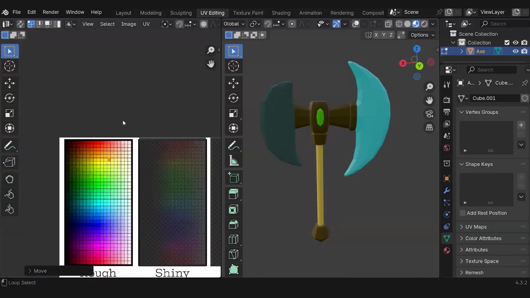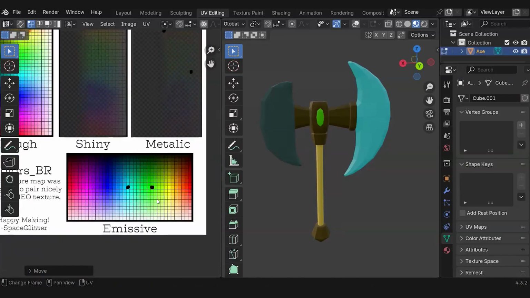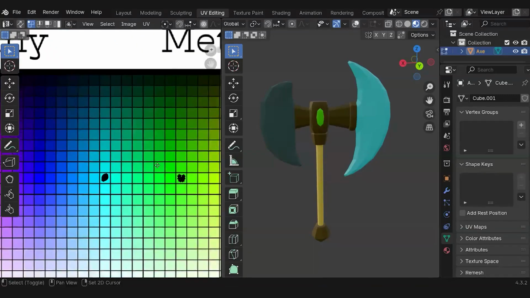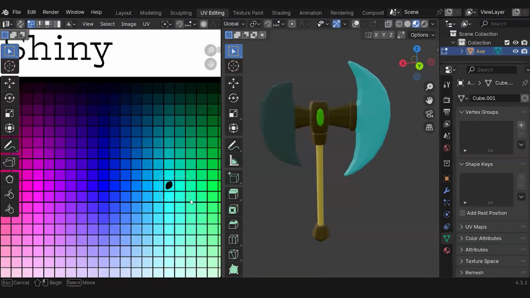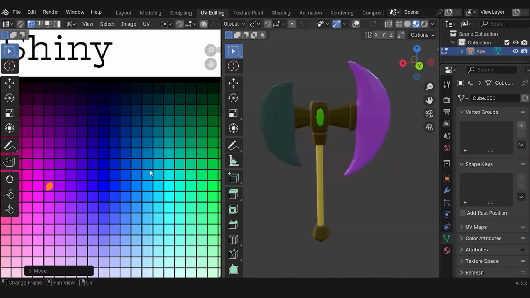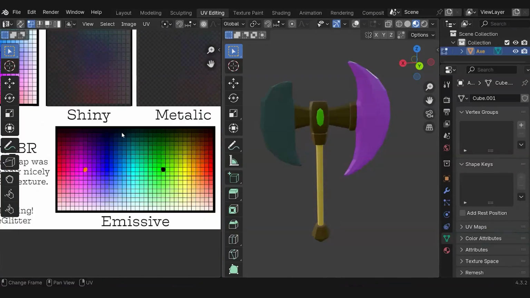Alrighty, so let's say if I wanted to change the color of the emissive parts, for example, if I were to change this item, let's say I wanted the axe to be pink, super cutesy. There we are. And so basically, this side is emissive. So this side is super glowy.